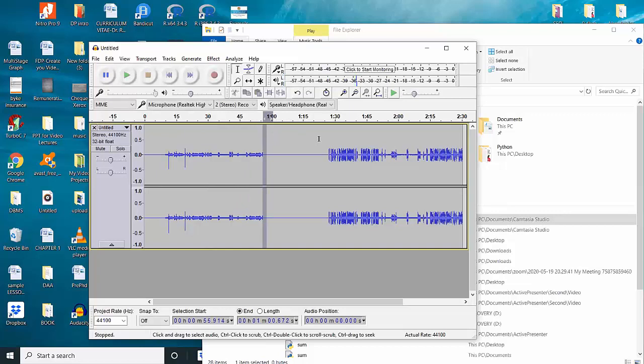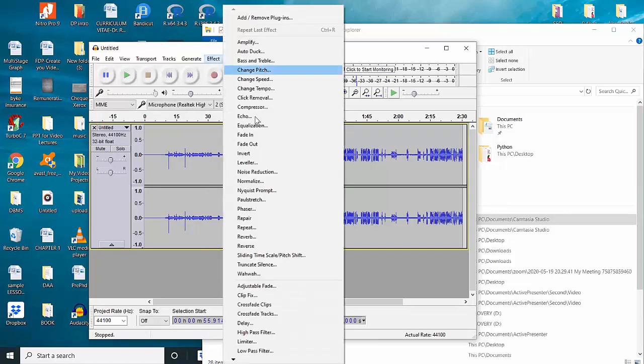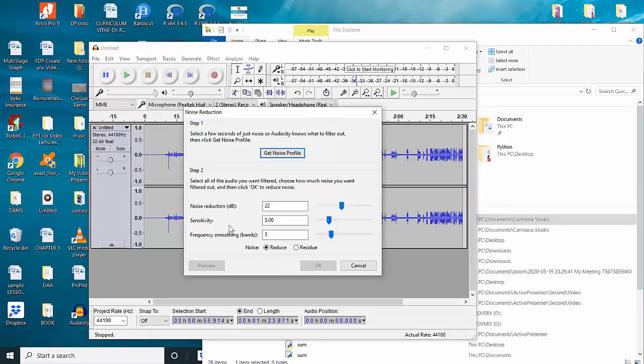I can apply echo, I can apply fade out, invert, leveler, noise reduction. For noise reduction, you need to take the sensitivity level, and from sensitivity level, you can